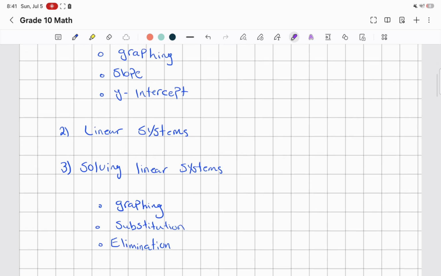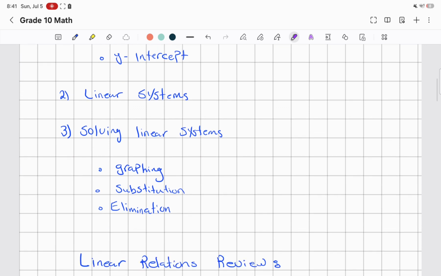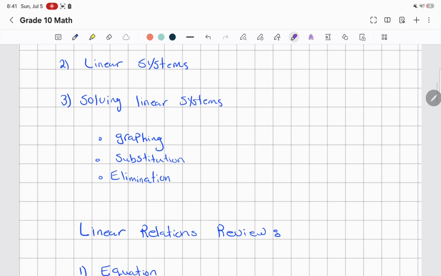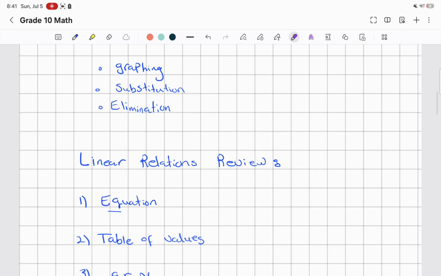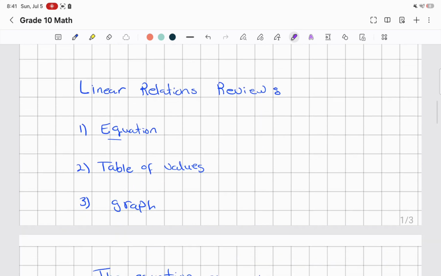The third part is solving linear systems. We'll look at different ways to solve linear systems, such as graphing, substitution, and elimination. So to start off with the grade 9 review of linear relations,